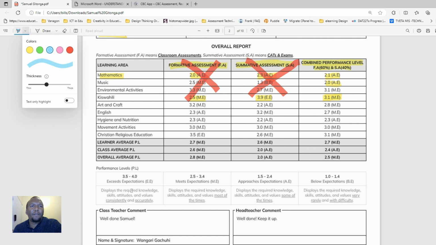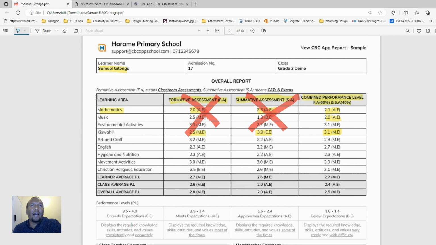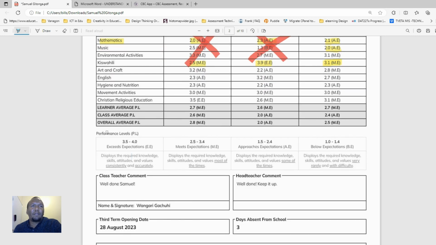Okay. Of course, other things that I can show you in the report. Let me change the color here: we now have explanations, like for parents. Parents can now read these explanations a lot easier. They can now see what formative assessment means, what summative assessment means. Parents also get a very good description of the performance levels. This, by the way, we just used what is in the National Exam Council